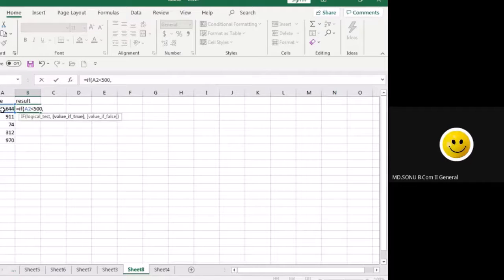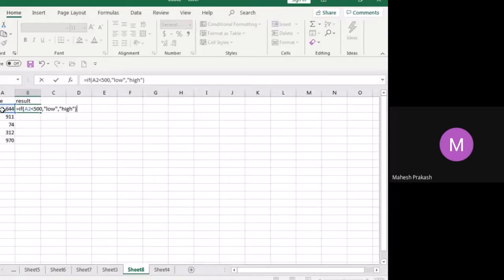Yes, sir. No, sir. 644 is not less than 500. 644 is greater than 500. So if 500 is less than 644, it should give me a value that is low. If it is high, it should give me the value high.